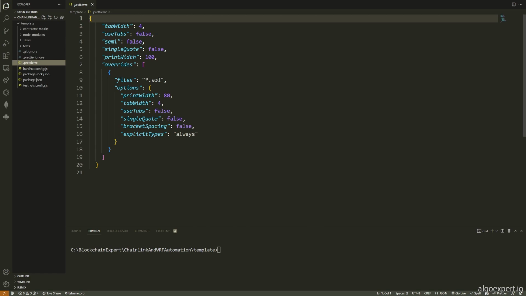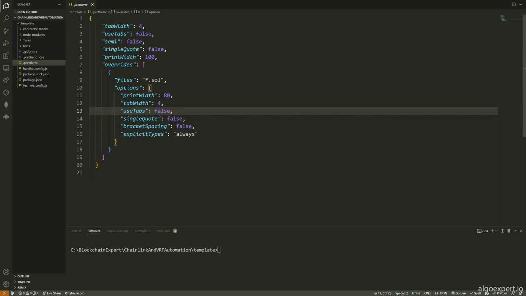We then have prettier RC. Again, this is kind of some settings for the prettier extension. If you're not using that, don't worry about it. We have